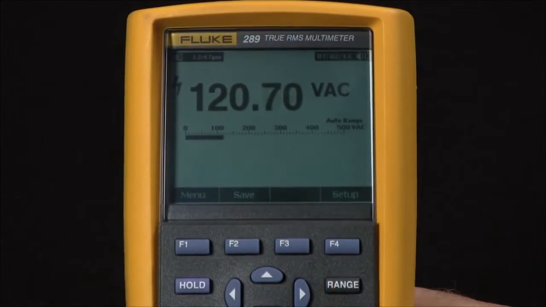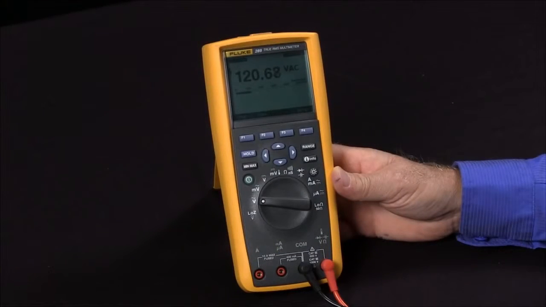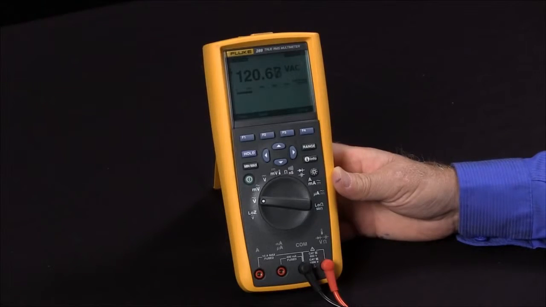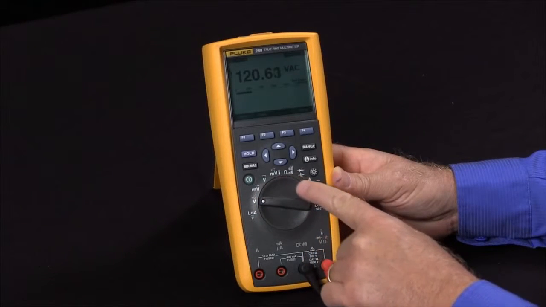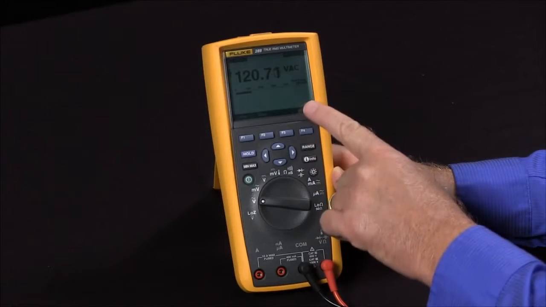How do we log readings on the Fluke-289? There's a lot of times when you might want to log the data over time to troubleshoot an intermittent problem or produce a report to document exactly what the voltages, the currents, anything are. So any of the functions you see on this, we can actually record over time using the record feature that's